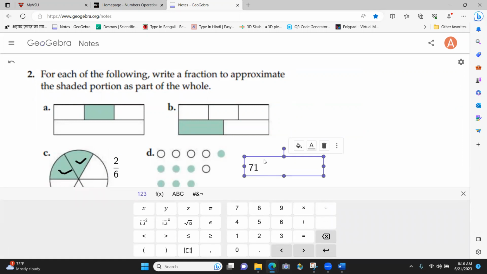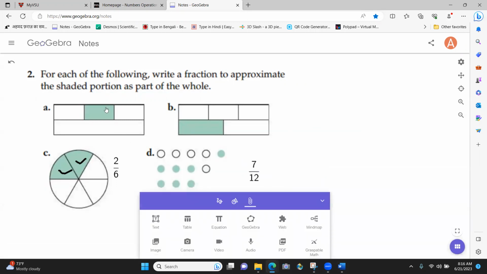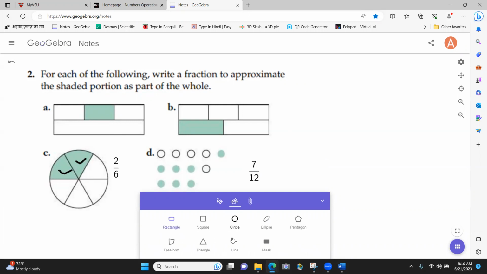I'm getting 12, unless I've made a mistake. 7/12. Okay? All right, so this one, guys, you cannot say 1 out of 4, okay? When we talk about fractions, everything must be cut into equal parts. So I'm going to do it like this. If you cut it into equal parts and go ahead and cut it,